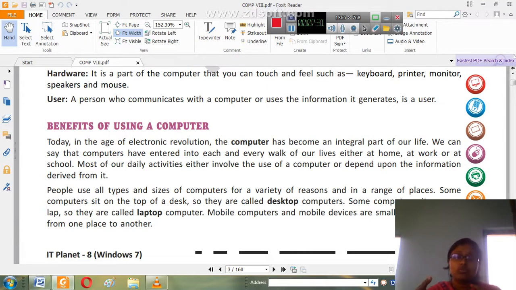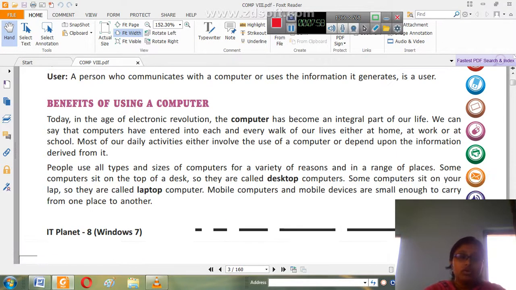Not only your PC is a computer, but your smartphone, your laptop, your tabs, iPads, anything, all are considered to be computers. Without them we cannot think of life. Even mobile devices are computers. So just see, this has taken a very important part of your life.